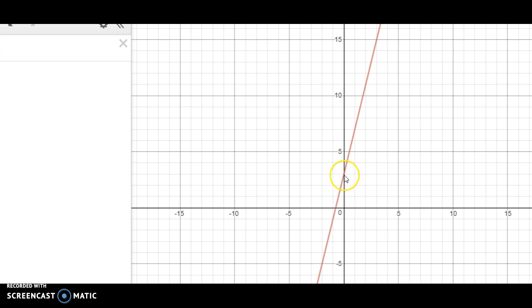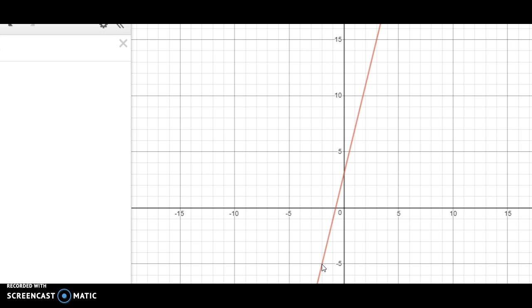But here I have a y-intercept of 3, and since my slope is 4, I should be able to see a change in y. Here's the y-axis, 1, 2, 3, 4 over 1. So positive 4, positive 1, moving up and to the right. Or I can go 1, 2, 3, 4, still on the y-axis first, but I can go negative 4, negative 1, and my slope is still positive 4